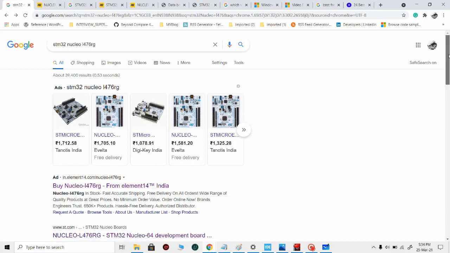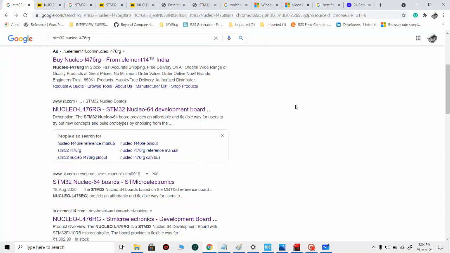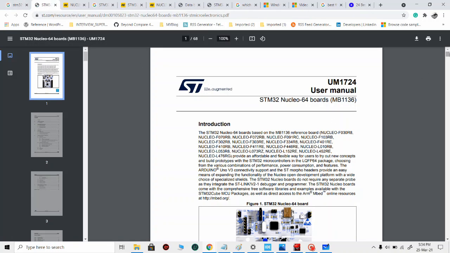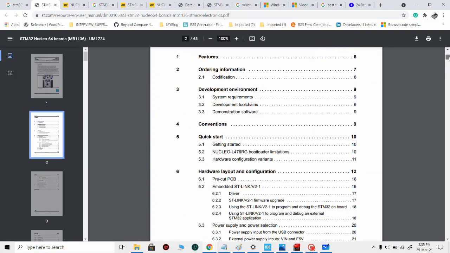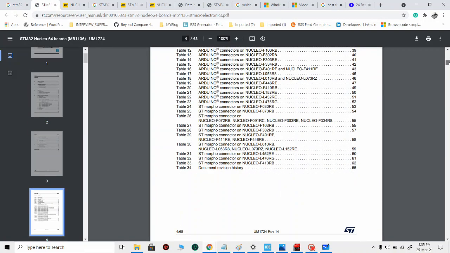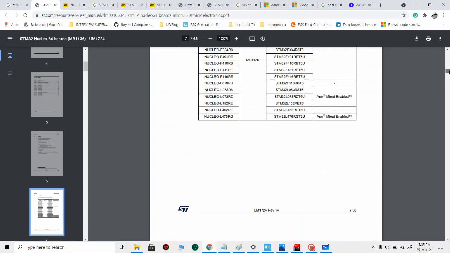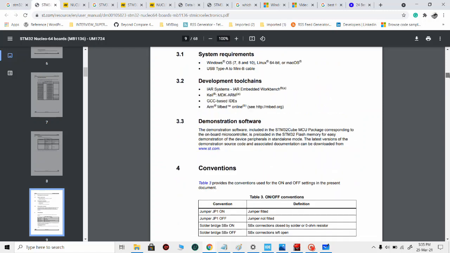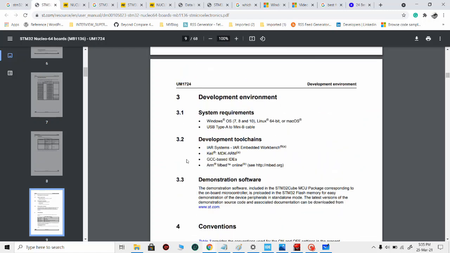And to get its documents, you need to go to this site from ST, and here you can find all the documents. This is the same document I am showing you. Here you can read about the features of this board, like development environments and what the system requirements are.